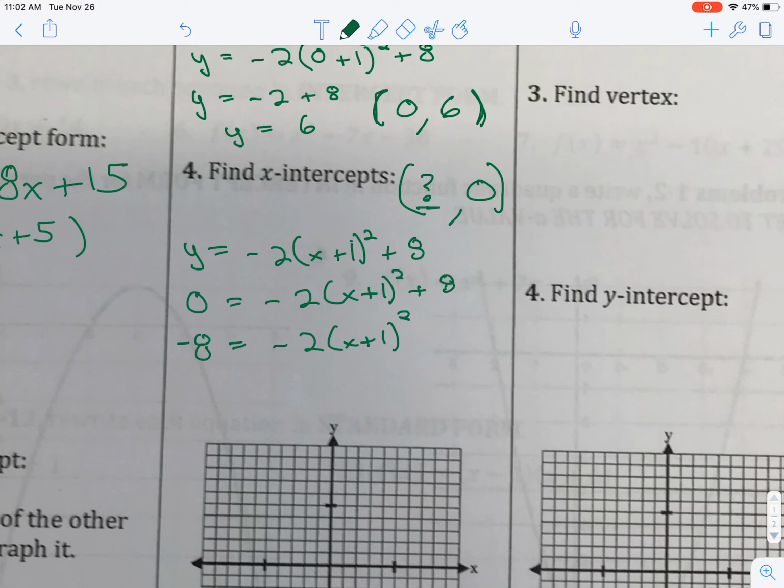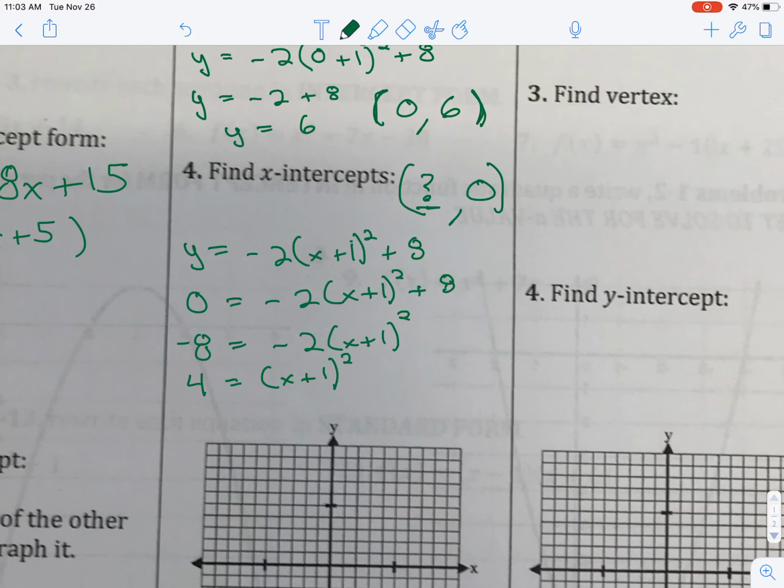Okay, now I got to get rid of the negative 2. So that's a times negative 2. So I would divide both sides by negative 2. And negative 8 divided by negative 2 is 4. And then I'm left with x plus 1